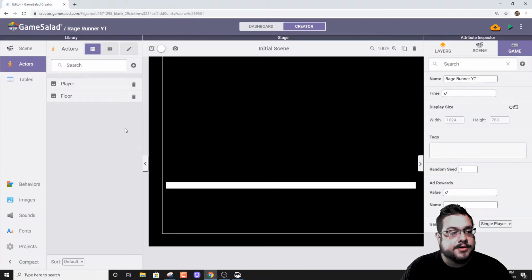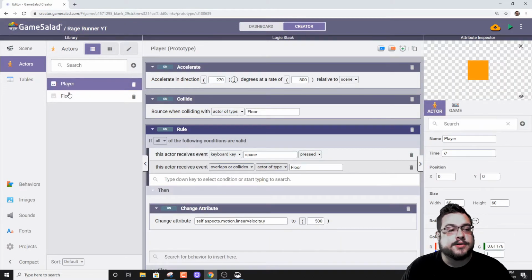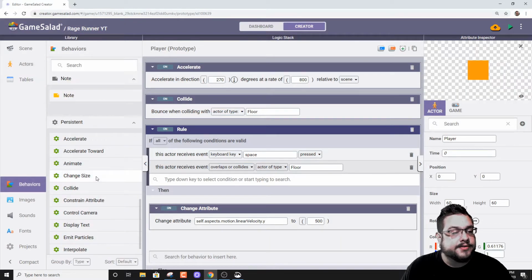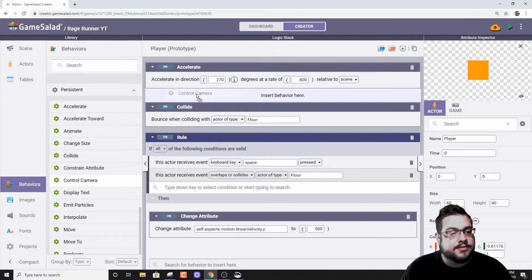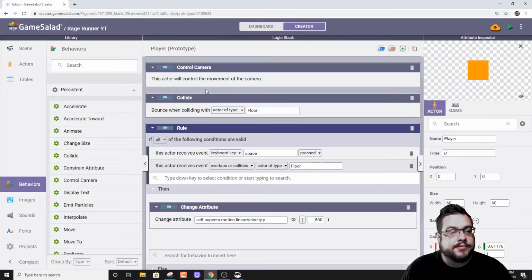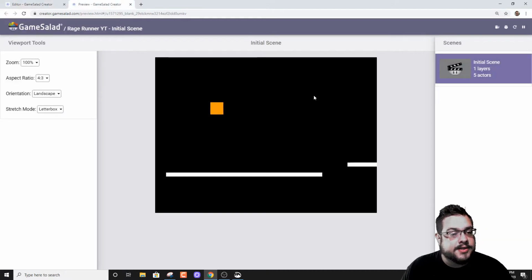So what we're going to do is go into our player and set up some camera controls. So if we go to our behaviors and choose control camera and drag that into our player just outside of a rule, then the camera is going to follow that player. Unfortunately, if we press play, we're not quite done yet